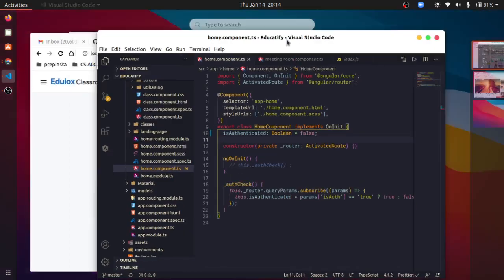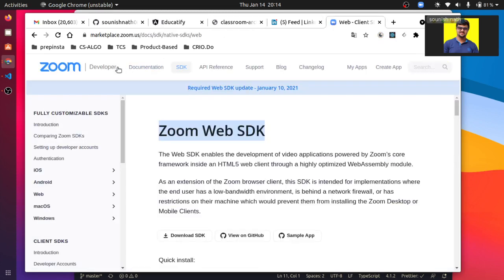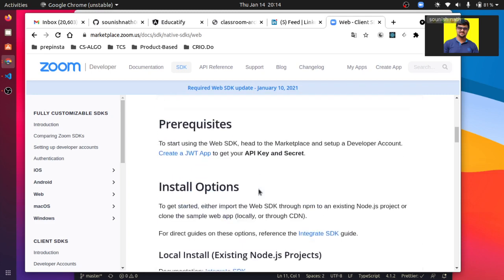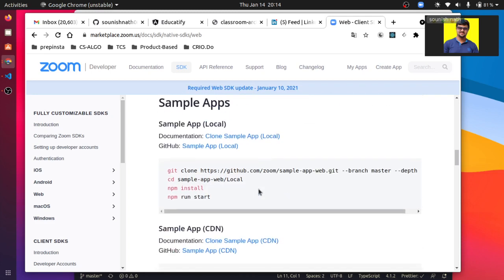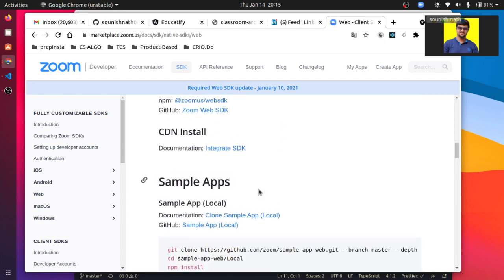To build a web conferencing app or real-time chat features, I was looking for easy methods, and I found a really simple one. Zoom provides a Web SDK, the software development kit provided by Zoom, and it is already available as an NPM module. I read all the documentation, and it is fairly simple to integrate with any project to have video conferencing meetings, webinars, etc. All of that in your app in just a few steps.